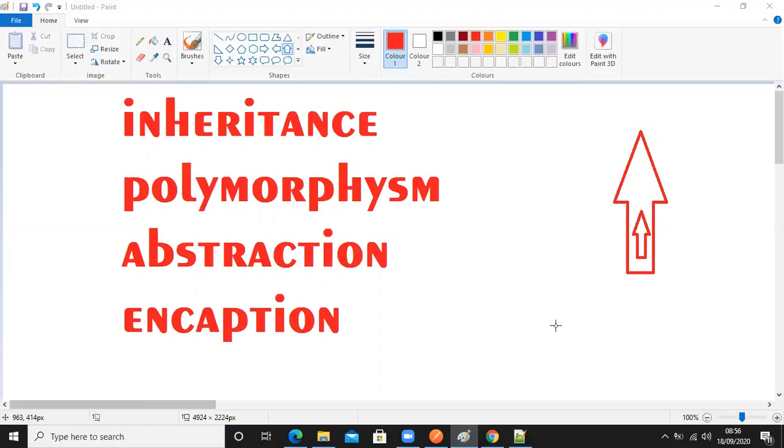Okay, what is encapsulation? Encapsulation is something like what I already explained. There will be two different properties, functional property and physical property. We are making them together as an object, thinking and treating them together as an object. That is called encapsulation. Encapsulation means making two different things together. For example, people say capsule means capsule and tablet, two different things in medical, right? What is capsule and what is tablet?